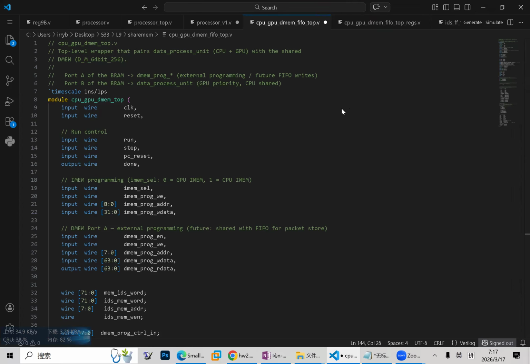Hello everyone. I'm Yukon Lee and I'm with Hilbert and Rohit to introduce our design for Lab 9. It's a mini processor combining our FIFO and CPU and GPU together, and I'm introducing the top